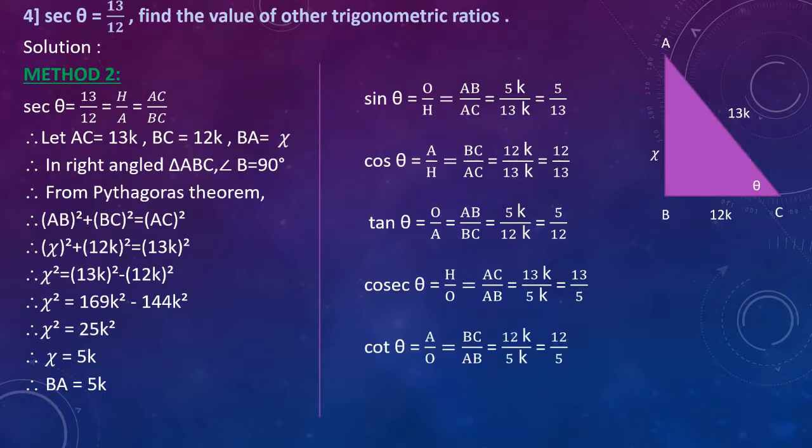Now we already have the sec ratio, so there is no need to find the ratio of sec theta. We are going to find the ratio of cot theta, which is the last trigonometric ratio. Cot theta is 1 upon tan theta, which is equal to adjacent upon opposite. The adjacent side of this theta is BC and the opposite side is AB. The value of BC is 12K and the value of AB is 5K. Again K and K will get cancelled and we get cot theta is equal to 12 upon 5. So I hope you all have understood these problems from the problem set.